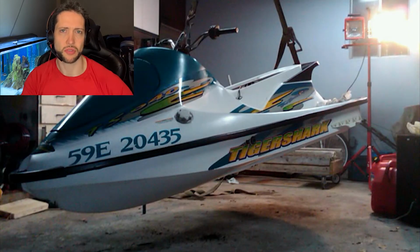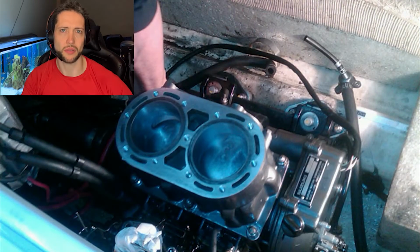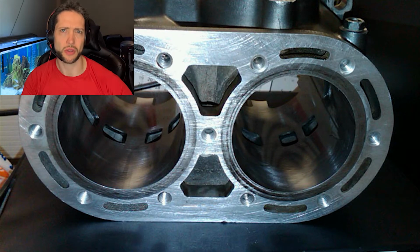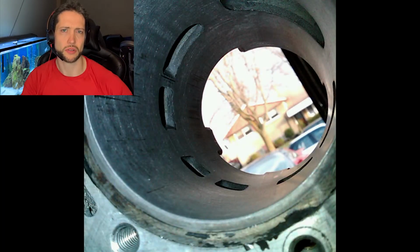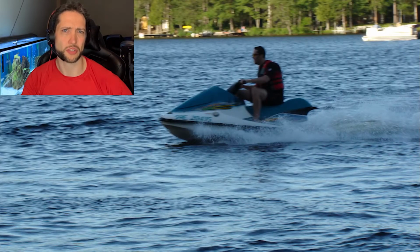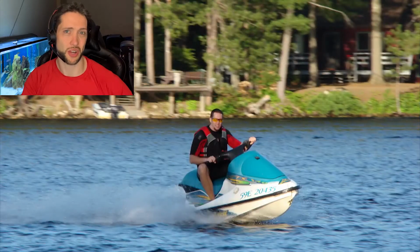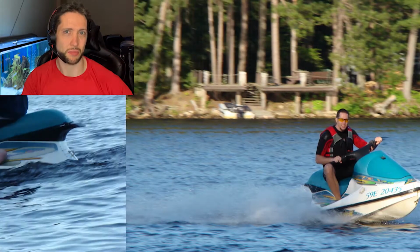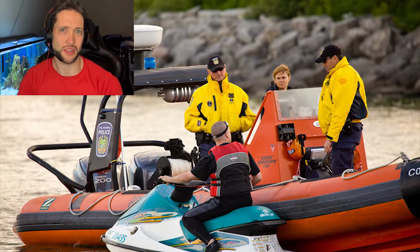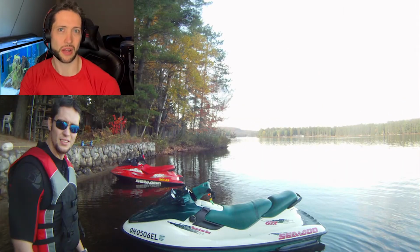The machine that started it all was a 98 Tigershark TS640. I bought this machine with a blown top end due to the oil injection system failing. So we converted it to premix, bored out the cylinders, and bought bigger pistons. This machine would only do about 43-44 miles per hour, and if there's any sort of chop, you'd be pretty sore within hours. The seat felt as hard as a rock. So I sold it after 3 months and upgraded to this